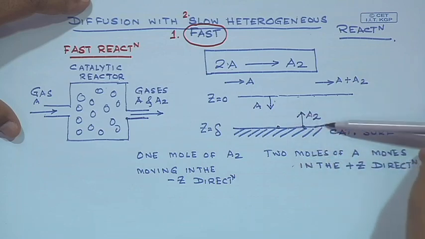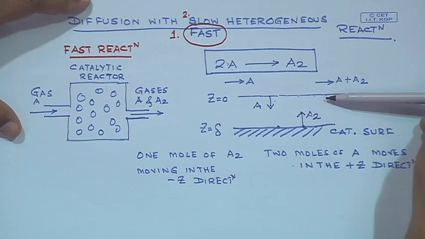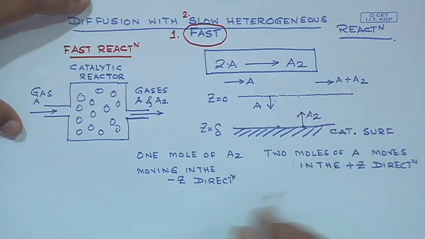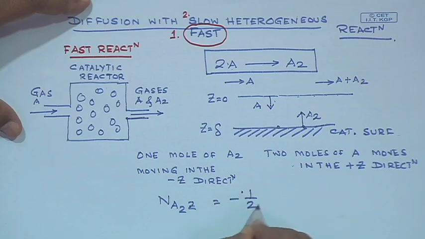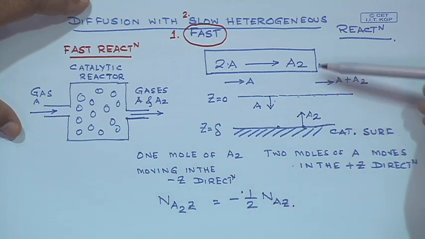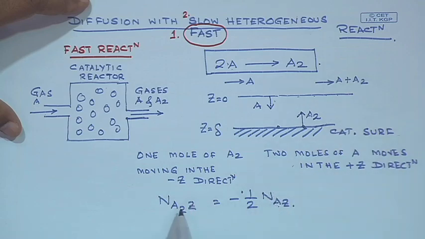So, 2 moles of A comes in and the rate at which A2 moves out must be equal. So, in other words, what we can say is N_A2Z, that is the molar flux of A2 in the Z direction, must be equal to minus half of the molar flux of A in the Z direction. So, this is a direct result of the stoichiometry of the reaction, in which 2 moles of A reacts to form 1 mole of A2. So, therefore, in flux terms, with the introduction of the appropriate sign, I can write that N_A2Z is equal to